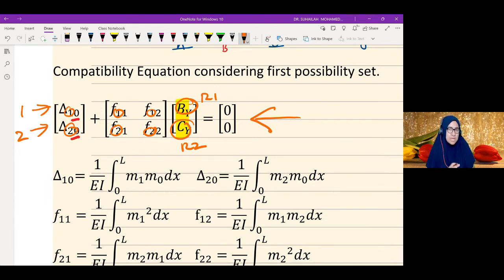The second notation refers to the type of beam, type of structure. Okay, I delete back this. Okay, when there is no support settlement effect, as usual, it will be equal to 0. Means that delta B is equal to 0, delta C is equal to 0, delta 1 and delta 2 equivalent